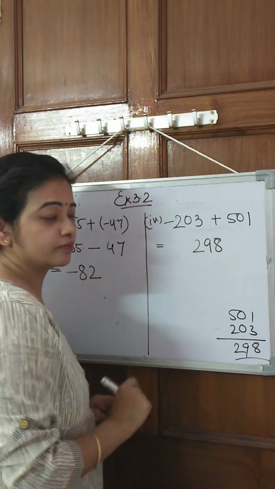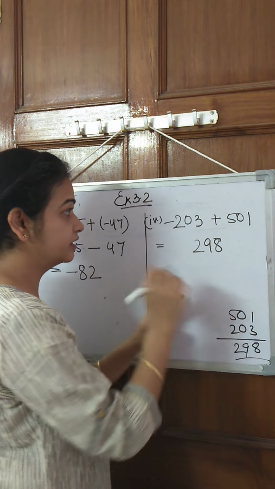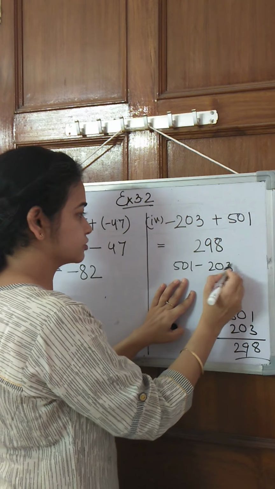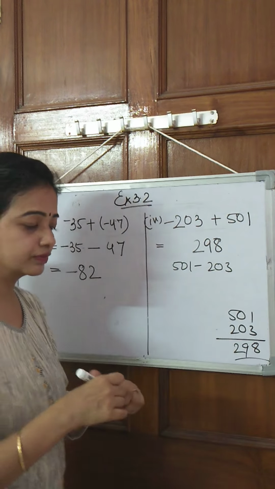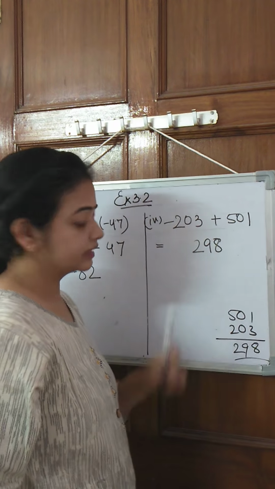Okay. Why have we subtracted? Because the signs are opposite here. Minus plus is minus. So we have subtracted the numbers separately. We do not write this 500 minus this. This is wrong. We do not write this. Okay. We only subtract them separately. Okay, now I am getting answer this.